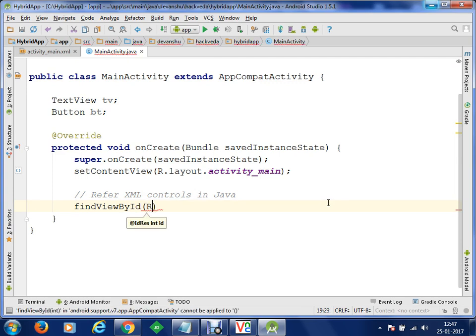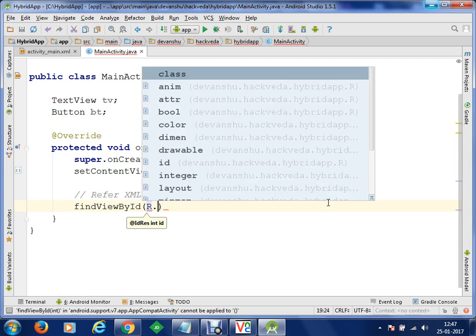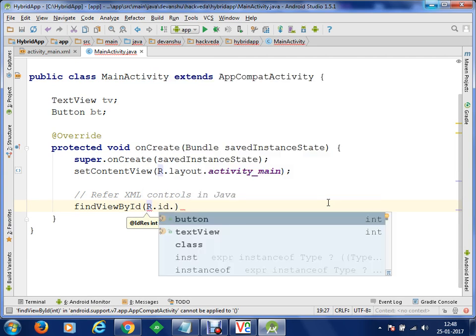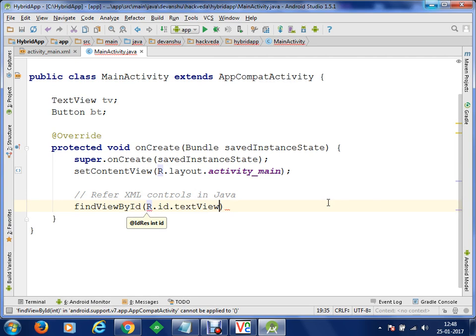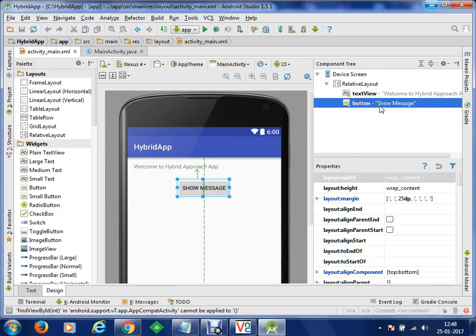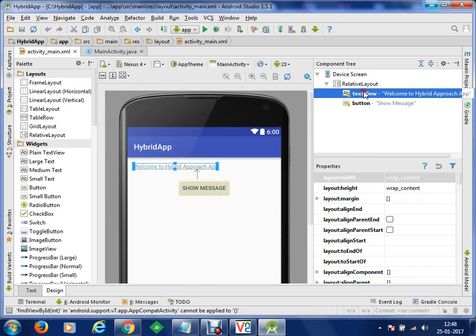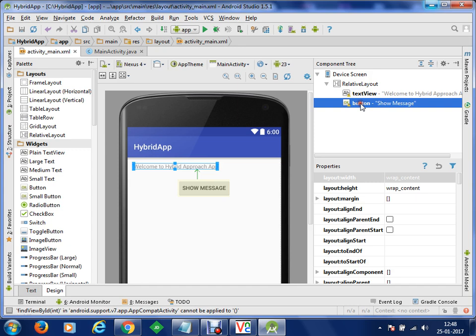And we are going to refer to R.id.myTextView. Clear? Now, if I switch to my XML layout, you can see that you have the ID button here, and this ID is textView, and both of them are defined within a class known as R. Okay, within that class there is a private class known as ID. Within that ID class, these are constants. Okay, so these constants are defined there.